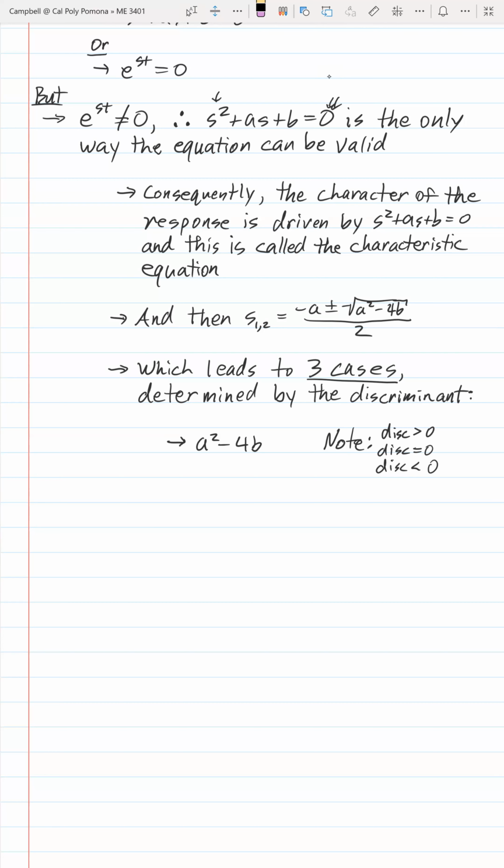So remember, that's the definition of the root. So here we can see that s really is giving us the roots of the characteristic equation, and those roots can be positive distinct real roots, repeated real roots,